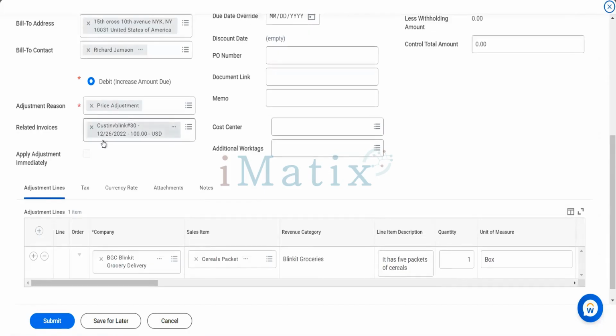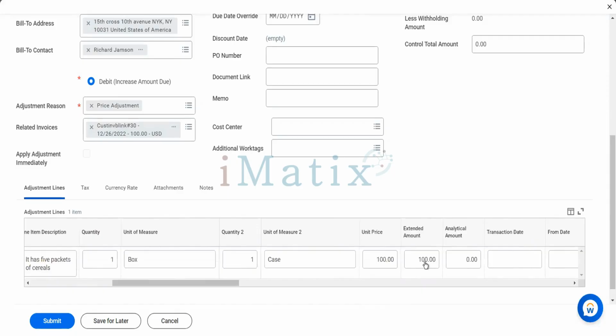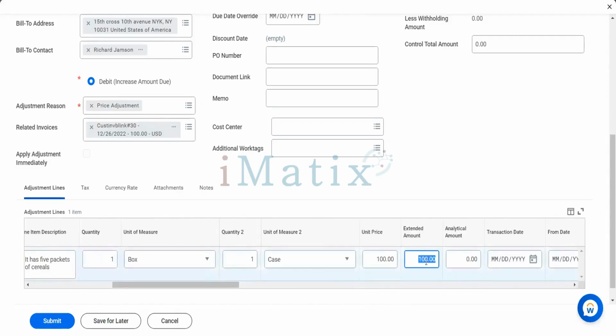It will automatically capture the related invoice that you are trying to increase the amount due for. Now see, it has greyed out. Now let's say you want to increase the amount by 70 rupees, or $70. Now if I hit submit,